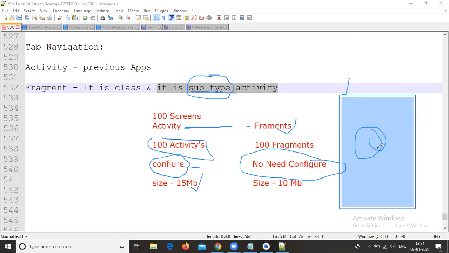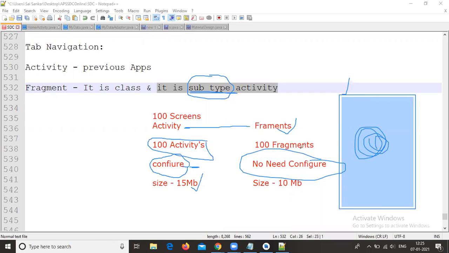This complete blue color layer is the fragment. We can replace n number of fragments inside a single activity. So that's why there is no need to configure them.